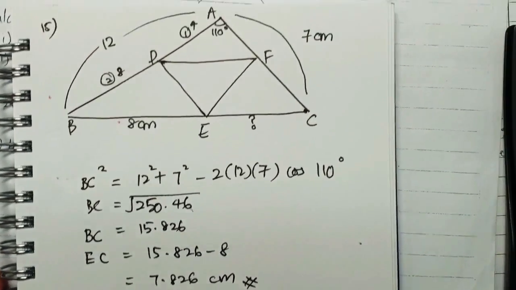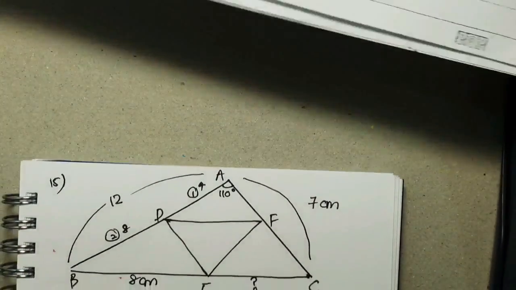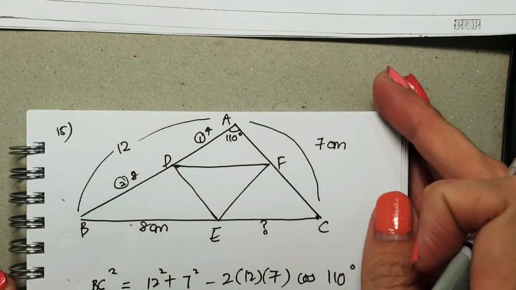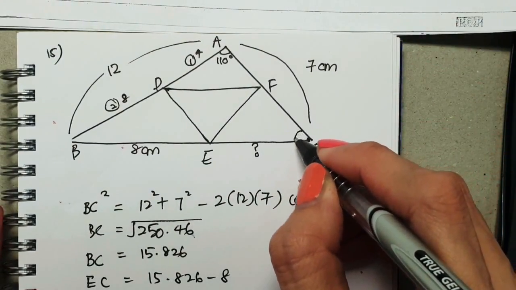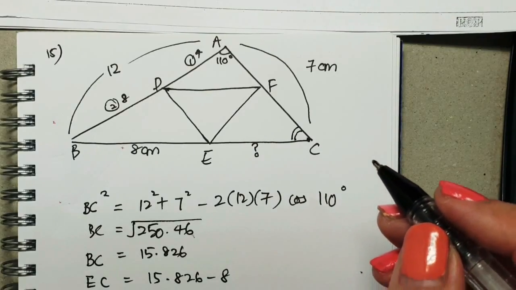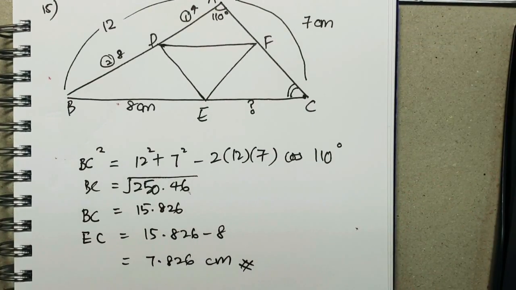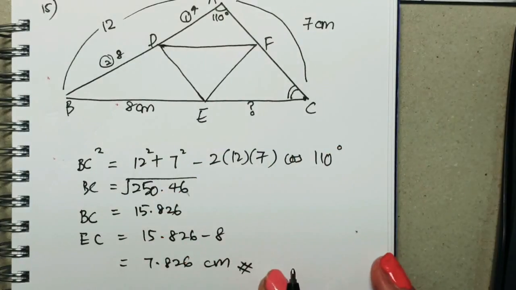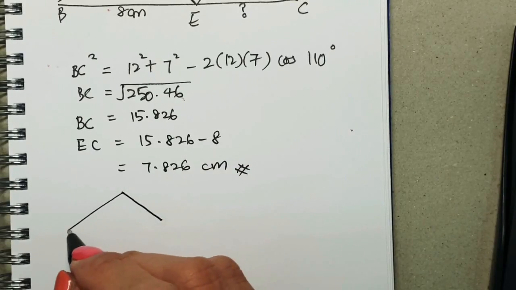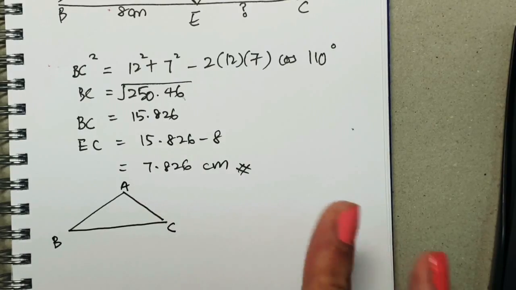Now what's next? Let's look at the question. It says, calculate the angle ACB. So where is ACB? ACB is here. This is the one that we need to calculate. To calculate this angle, we have to use the sine rule. Now there is something in the middle, so let me just sketch a very simple one so that our focus will not be distracted by the triangle inside